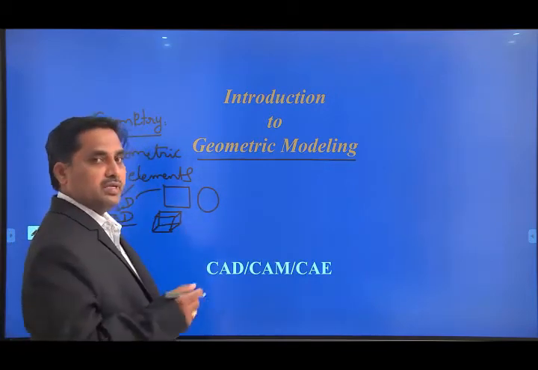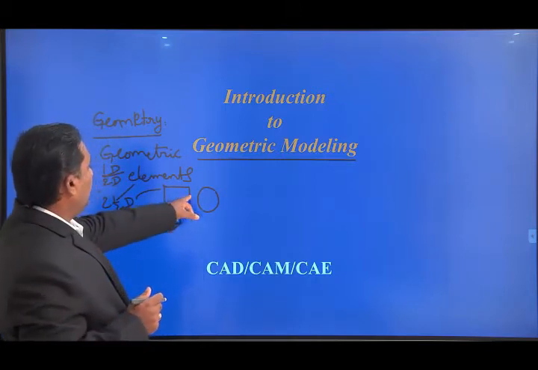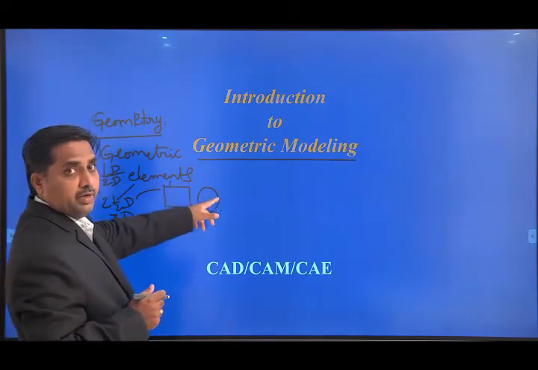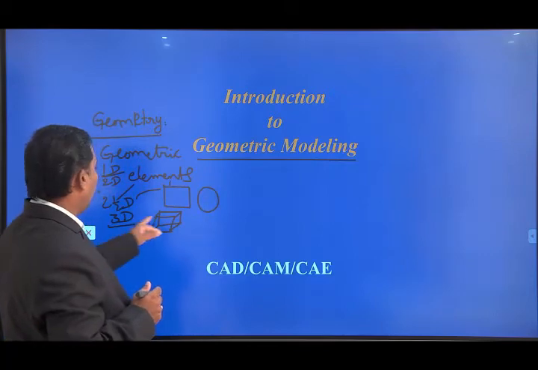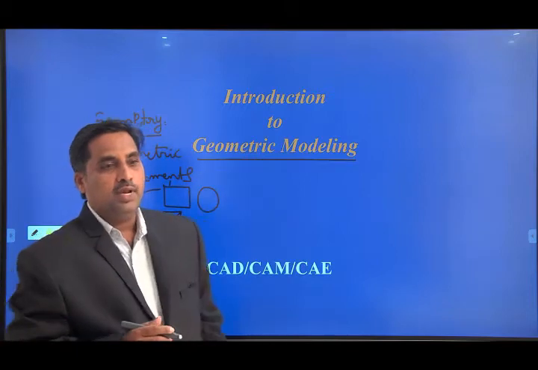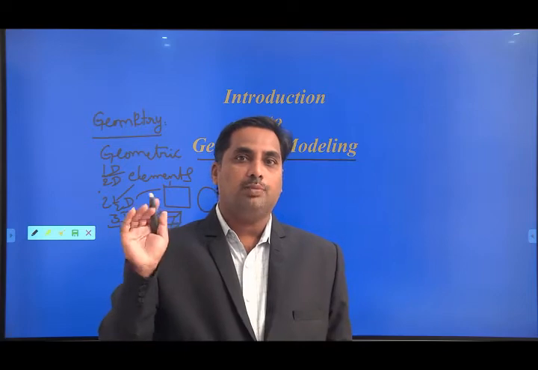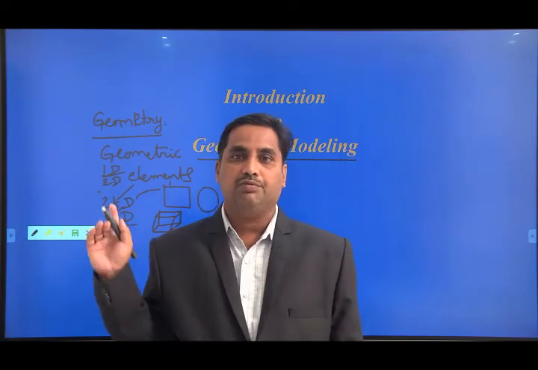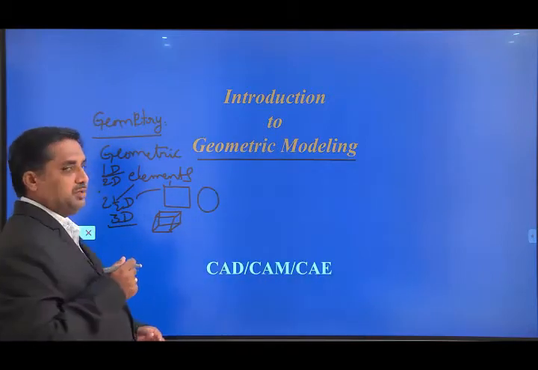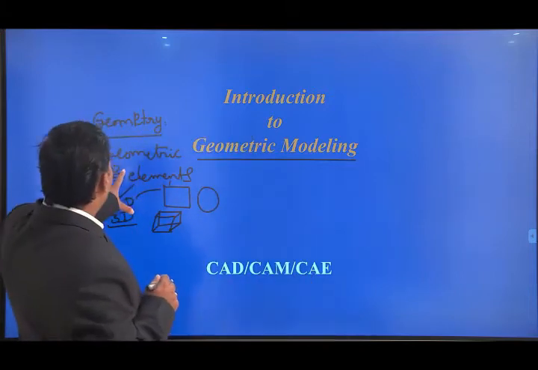What are the geometric elements? Once again I am reading. 1D elements like straight line and curved line. 2D elements are planar elements, and also a circle; all planar elements are 2D elements. 2.5D elements means planar elements whose third dimension is not specified, that is arbitrary. 3D elements means complete details of the object in all three directions. These are the different geometric elements.